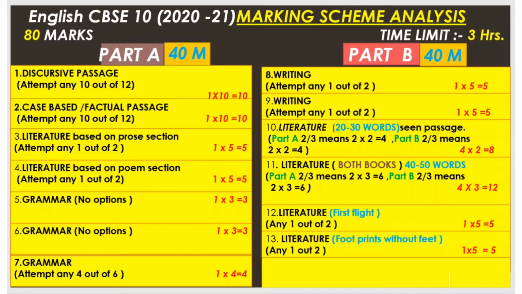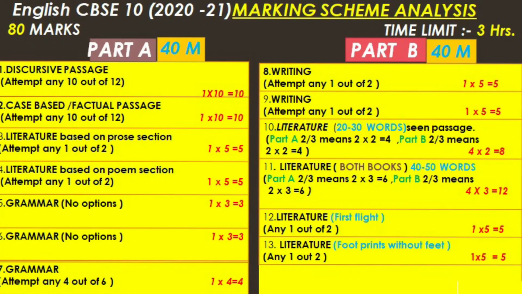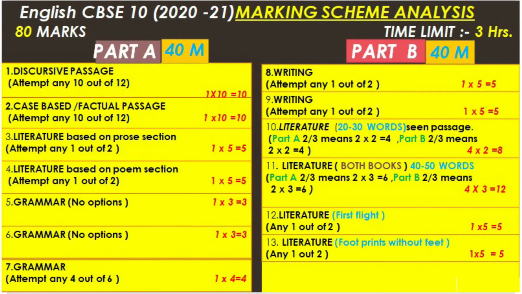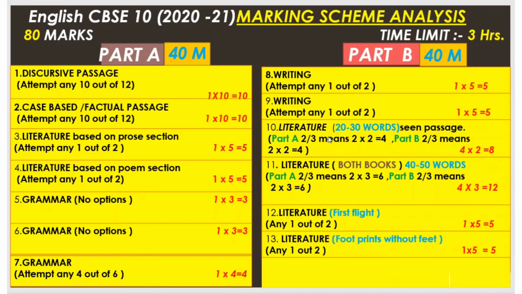Now question 2 is a case based or a factual based passage. Now the difference between a discursive passage and a fact based passage is that factual passages are very true. They are giving you facts and evidences which are actually happening, and there's no vague statement there, and you can see some dates are given, some events are given which are actually based on facts. That is the difference between discursive and factual passages. In a discursive passage, it can be the writer's opinion, and there are clues also to understand whether a given passage is a discursive one or a factual one.